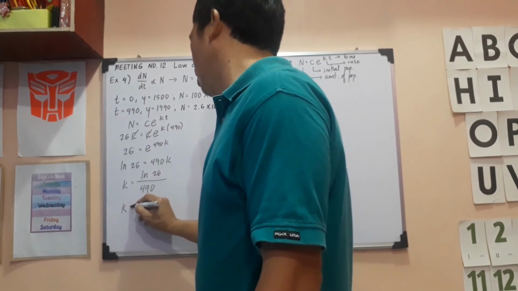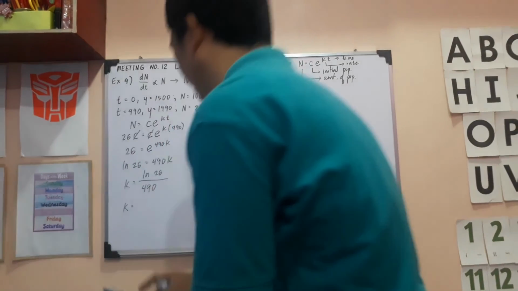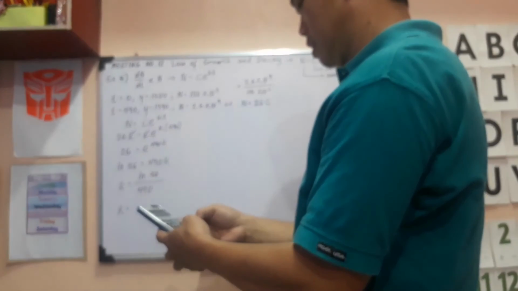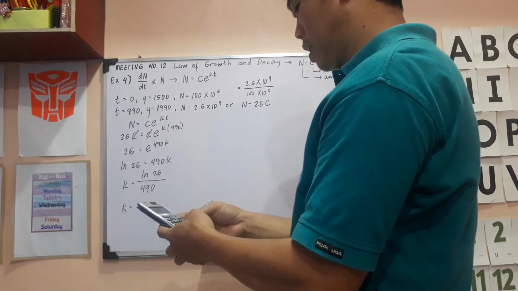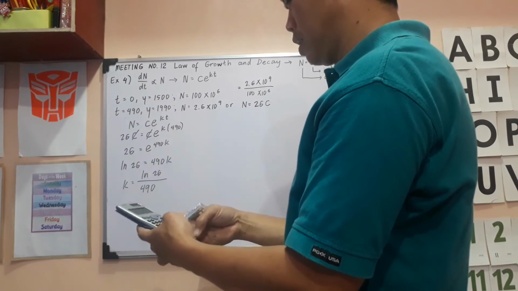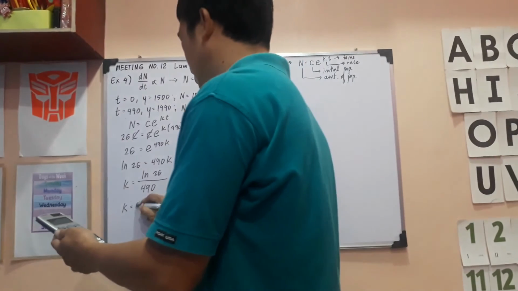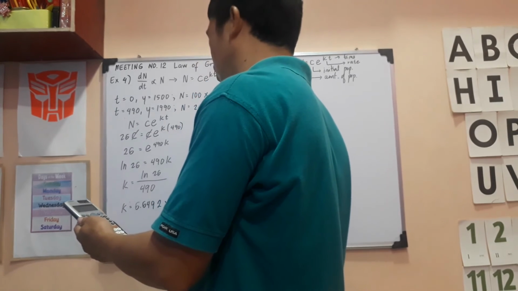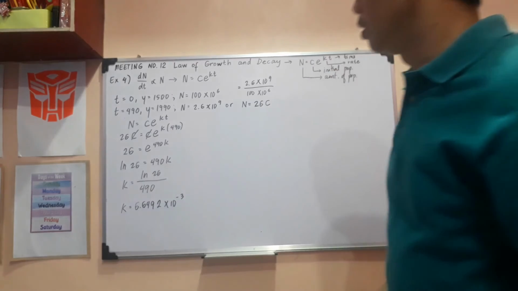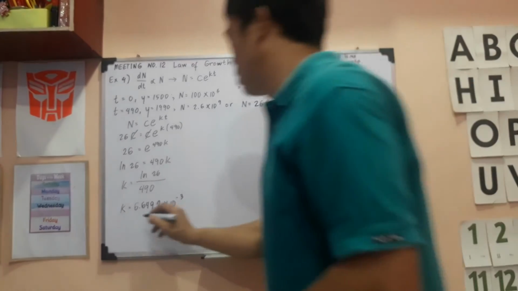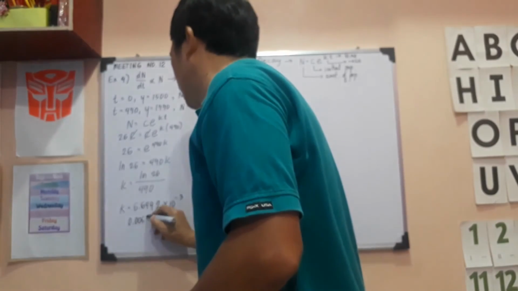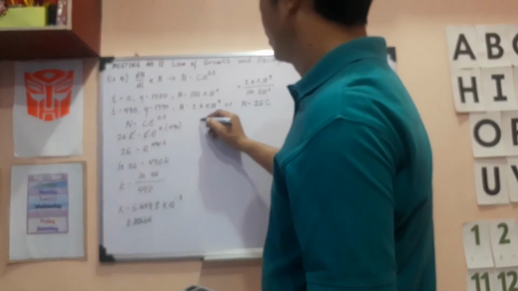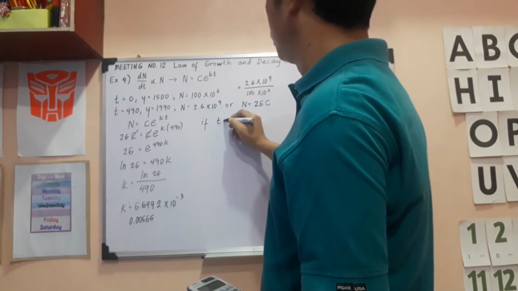So the k or rate is ln 26 divide 490 is 6.6492 times 10 raised to negative 3. Yon. Or in decimal, this is 0.00665, diba? Then what? If t is equal to, okay,